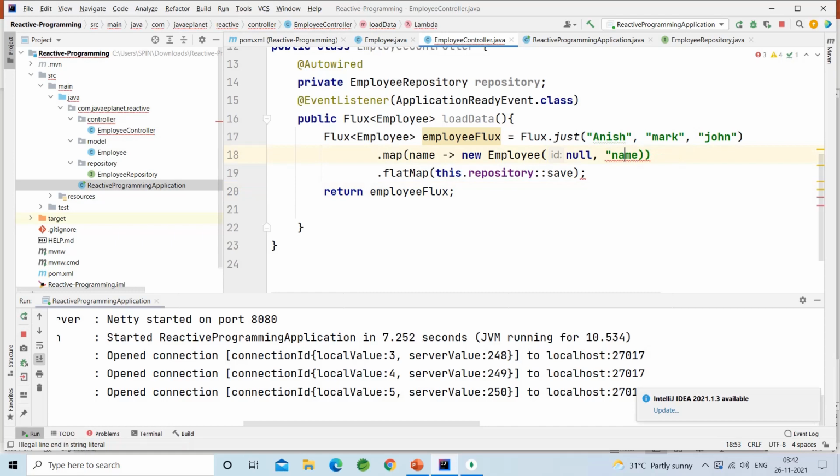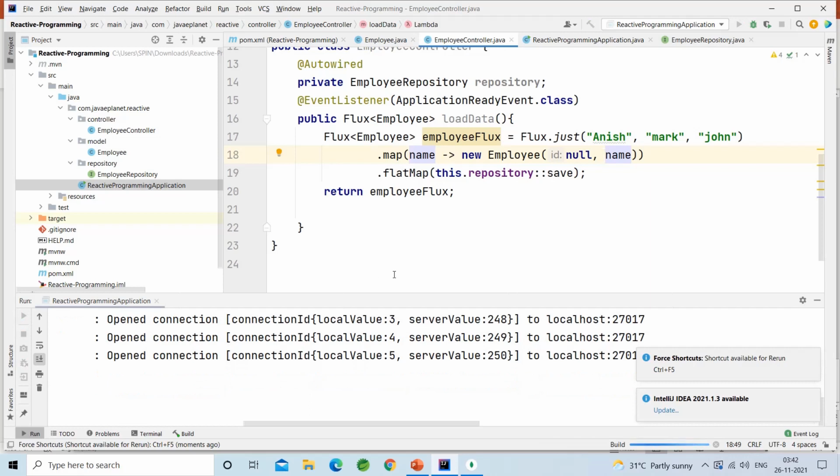Sorry, now let me rerun, Control F5. Let me rerun the application.